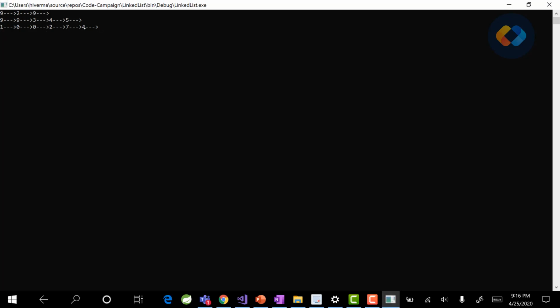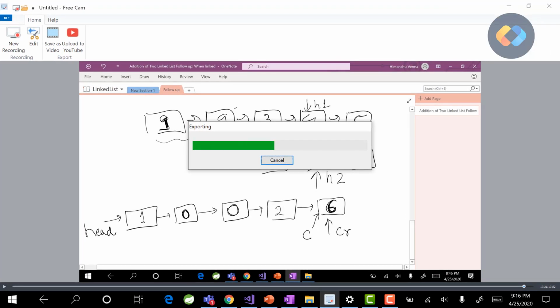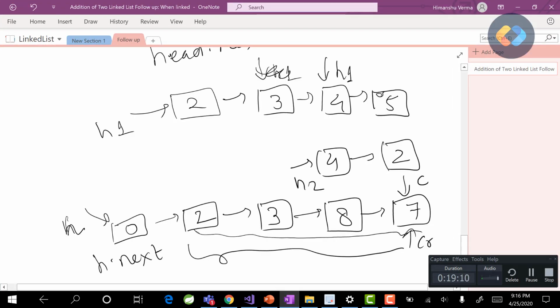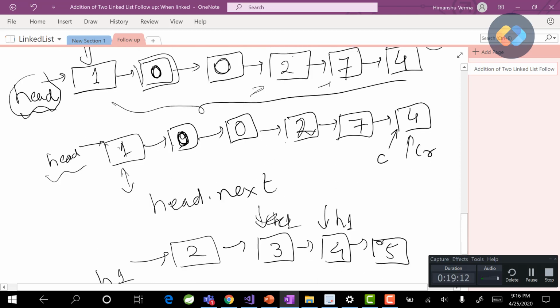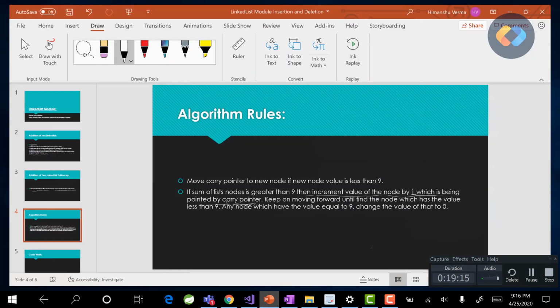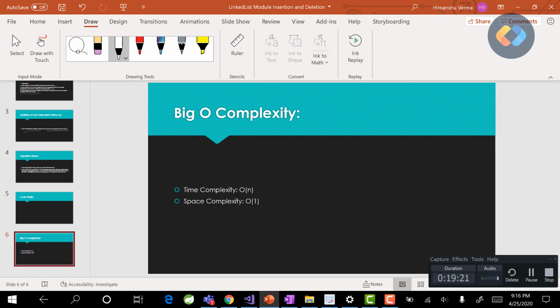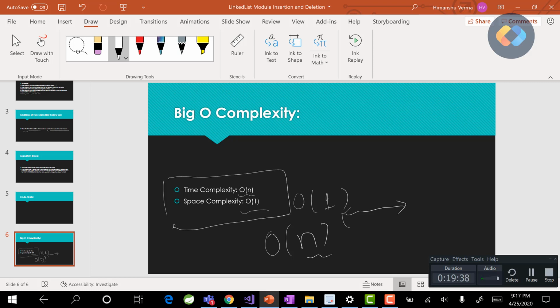That's all for this. This is the most optimized solution. Let's discuss the time complexity also. The time complexity is O(n), because we are traversing all the elements, and the space complexity is O(1). If you remember the previous recursion one, the space complexity was O(n). So we have improved on the space complexity, and this is the most optimized solution that you can give in your interview. If you give this solution in the interview, you'll get full points.